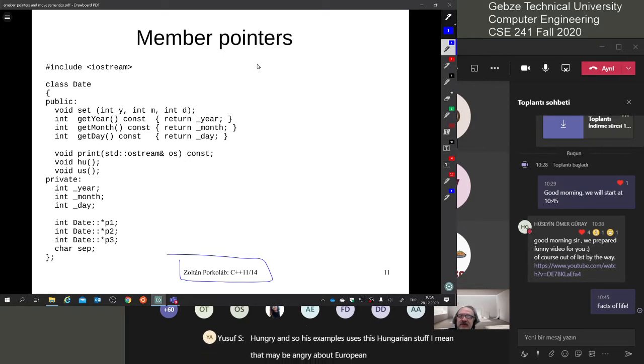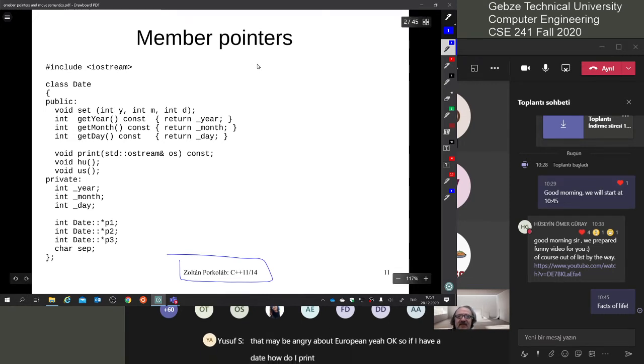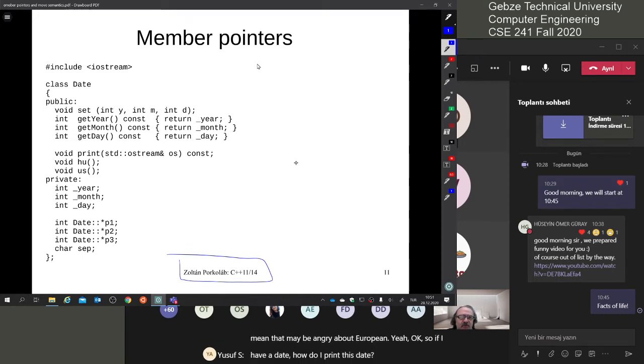Okay. So if I have a date, how do I print this date? In Turkey, in Europe, we use this notation. We would say 23rd of